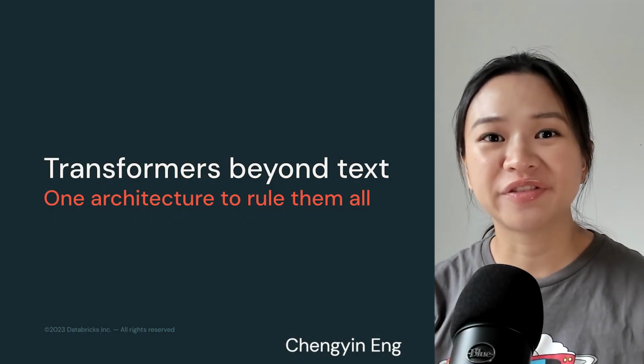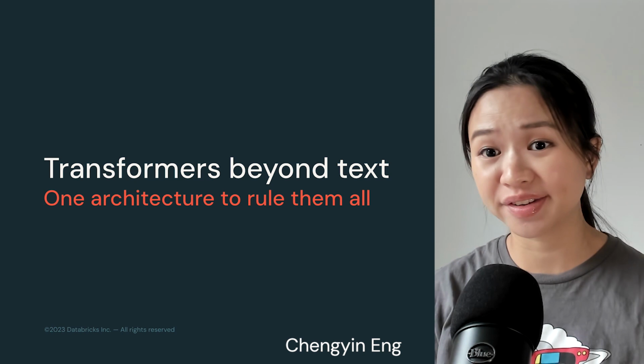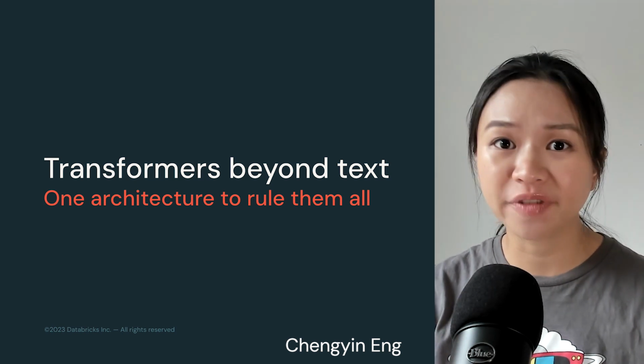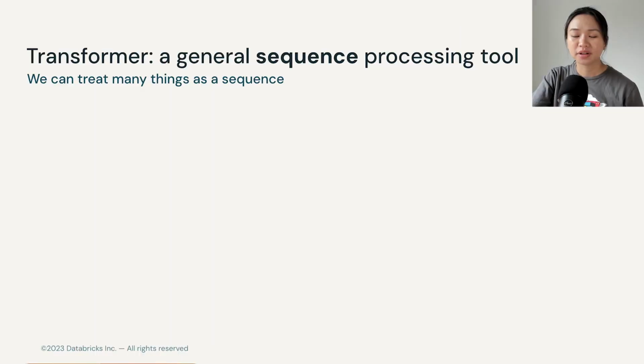We saw a suite of impressive and diverse multimodal language model applications in the previous section. They all share one commonality, which is that they use some variants of transformer architectures under the hood. The transformer architecture is incredibly versatile. It is a general sequence processing tool, and as it turns out, we can treat many things as a sequence,